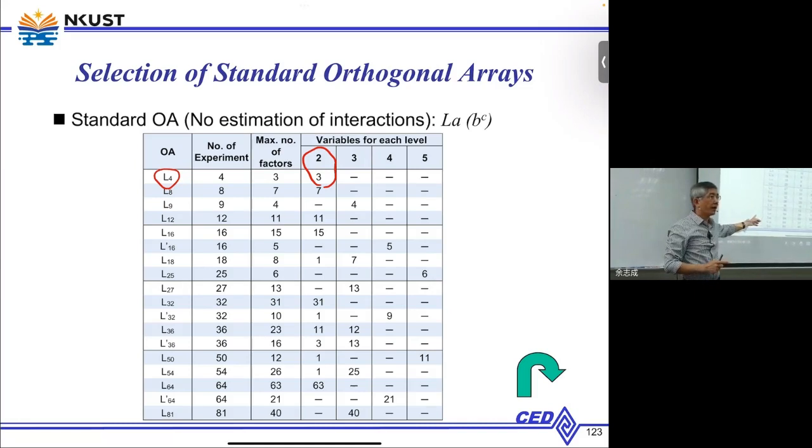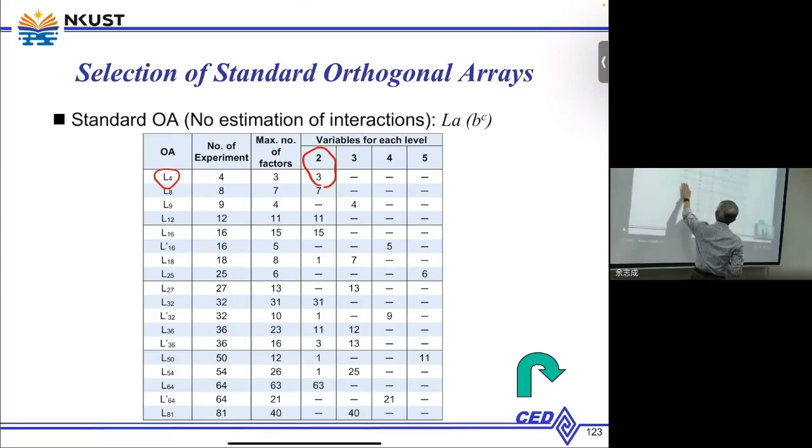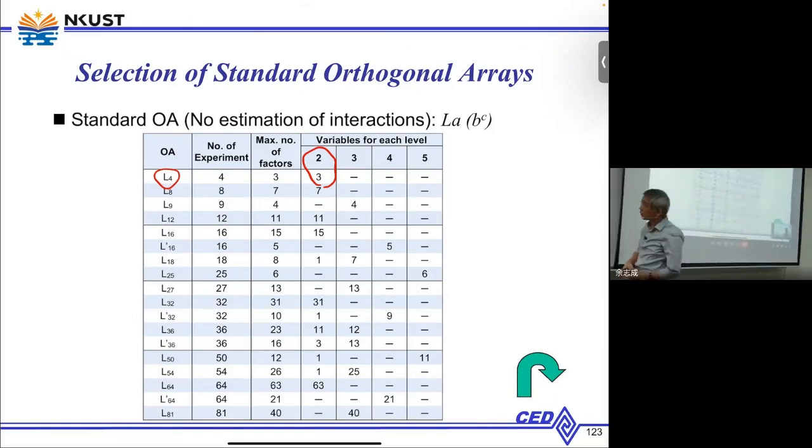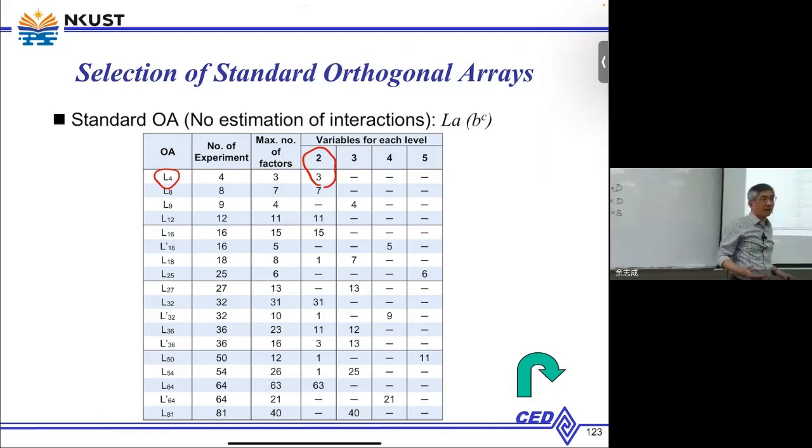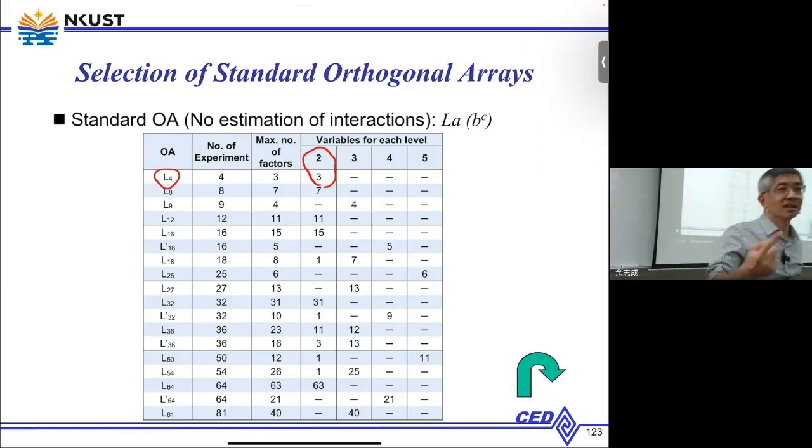Can we select L18? There are 2 reasons that we cannot select L18. Well, you see L18 can accommodate 7 3-level factors, and we only have 6. Why not? Why can't I select L18? 2 reasons. First,